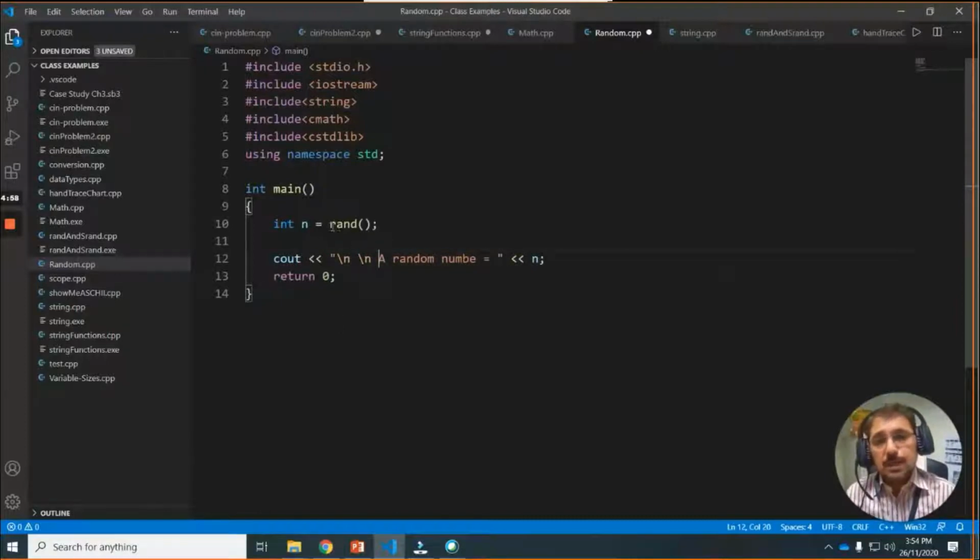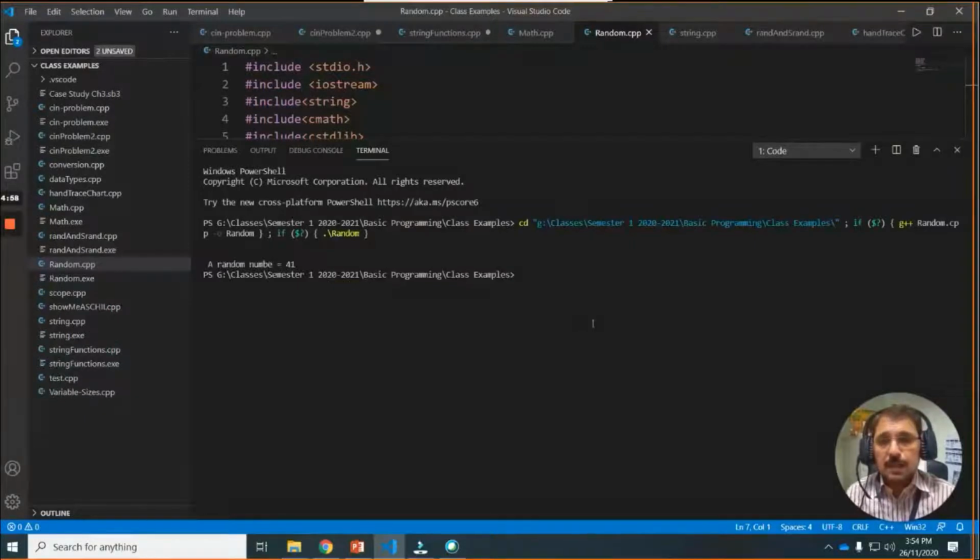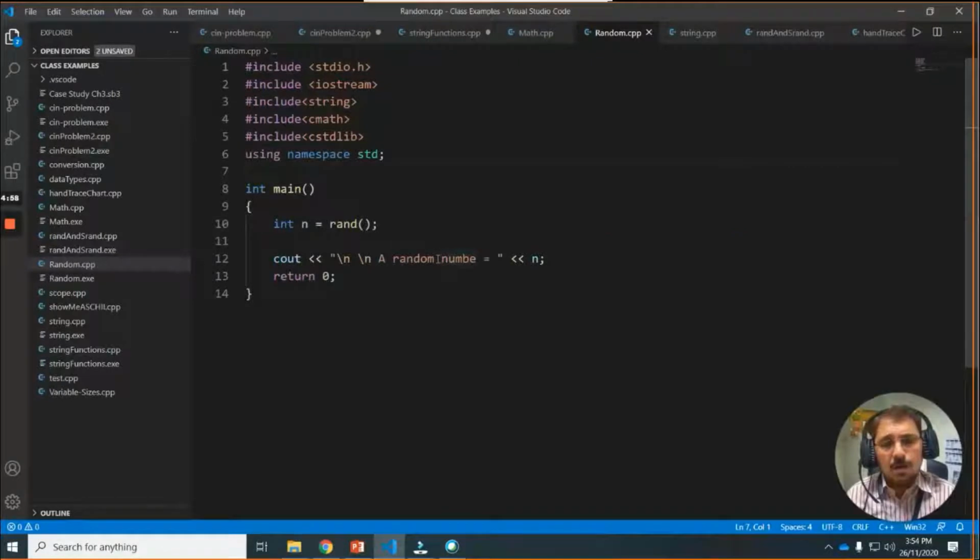save this one. So you see it will generate a random number, but how big and how small it should be, there is a range. You see the random number is 41. So in what range will it be?